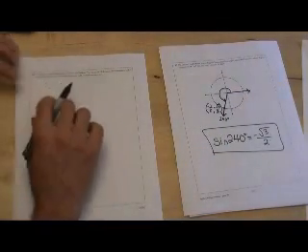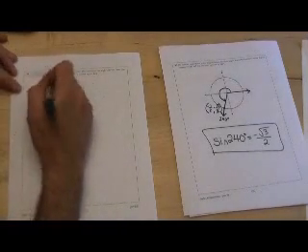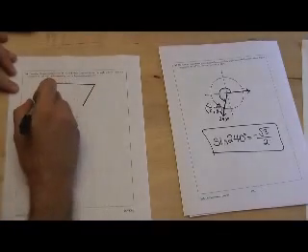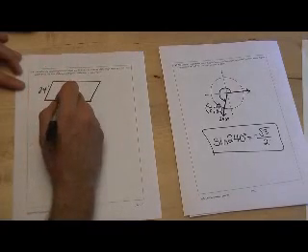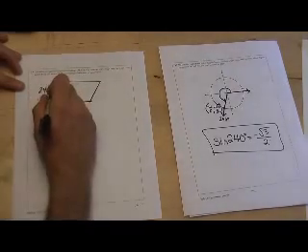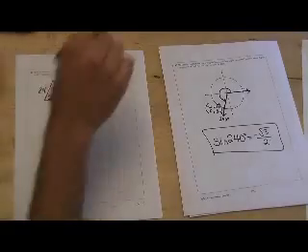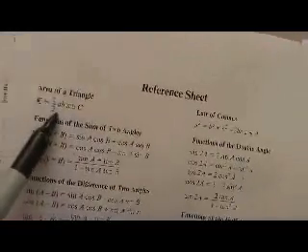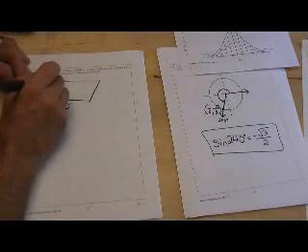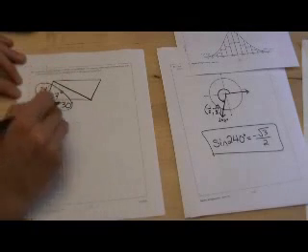In 34, two sides of a parallelogram are 24 feet and 30 feet. The measure of the angle between these sides is 57 degrees. Find the area of the parallelogram to the nearest square foot. So 24 feet, 30 feet, and the angle is 57 degrees. So we don't really have a tricky formula for the area of a parallelogram, but we do have one for the area of a triangle. Right? And pretty simply, we could break up this parallelogram into two congruent triangles. We can find the area of one of them